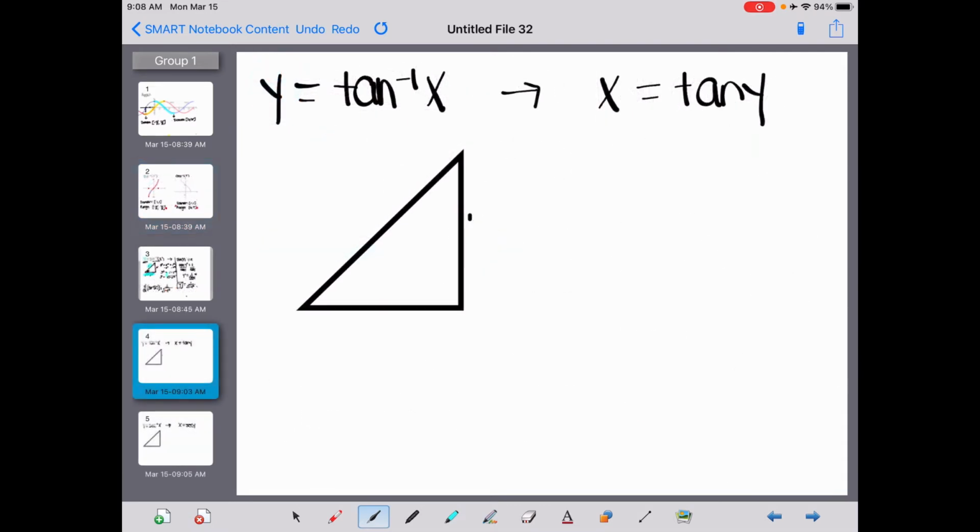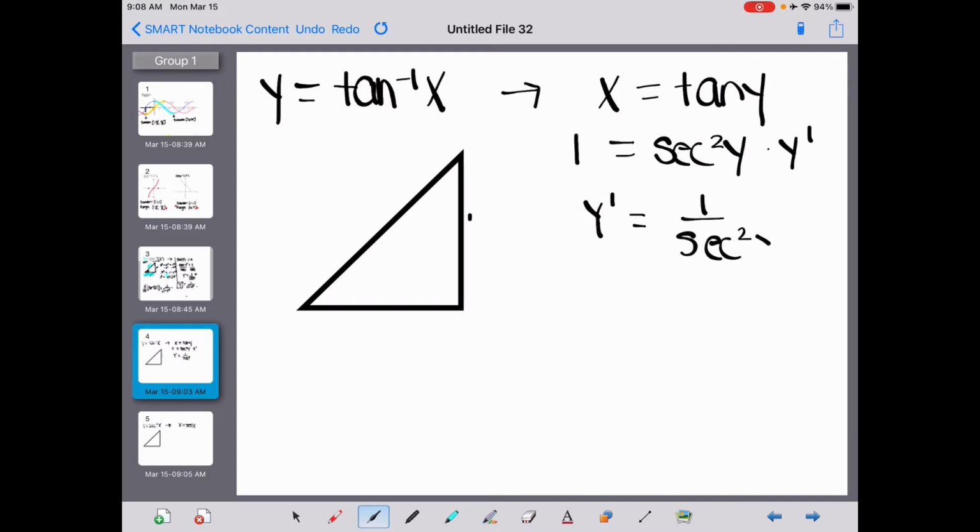Okay. All right, the next two I'd encourage you to try on your own. You don't have to. I'm going to go a little quicker through these than I did with the first one. So x equals tangent of y if y is equal to the tangent inverse of x. So if we took the derivative of both sides, the derivative of x is 1. The derivative of tangent y is secant squared y times the derivative of y, y prime. And then if you divide both sides by secant squared y, y prime is equal to 1 over